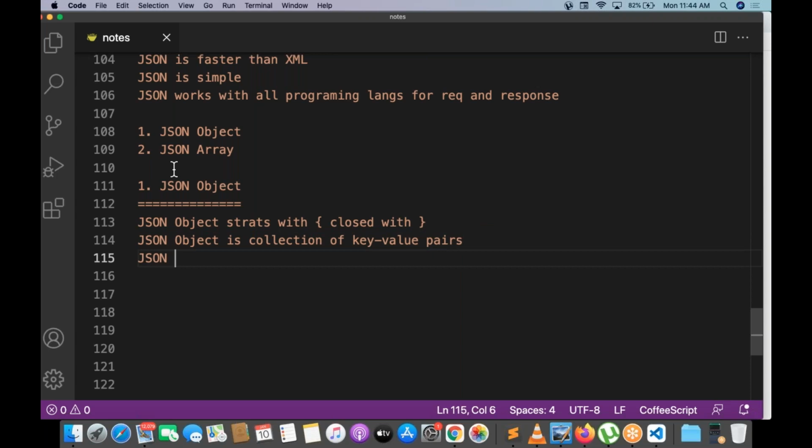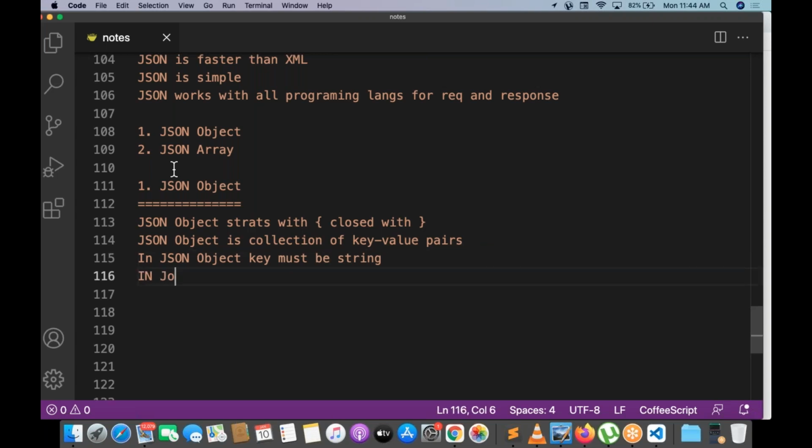And one more point. In JSON object, key must be a string.